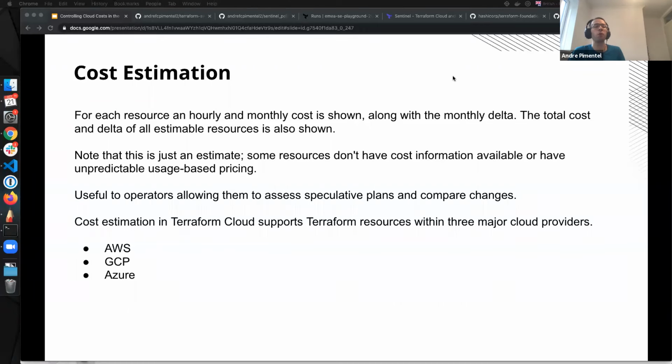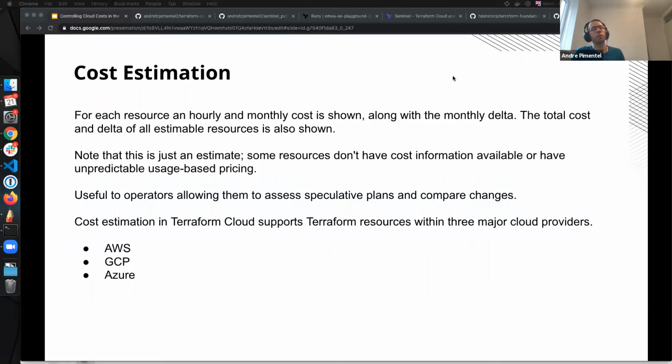But then as you evolve the code, add more resources, or change properties, let's say in a VM, Terraform in the next run will also show the deltas, like, this will cost more, this will cost less. That's something Terraform can do, because from the state file we can see the costs before, and with the cost estimation on the run, we can see the cost after.